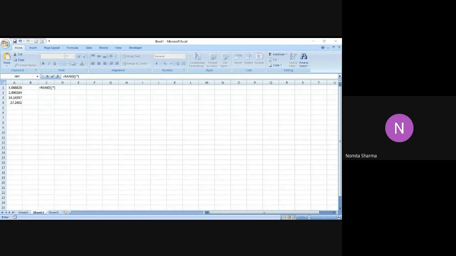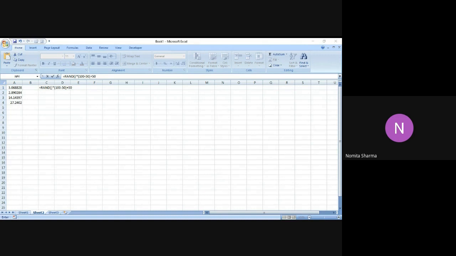So I say bracket b minus a, no, let me write the numbers. I'll say 100 minus 50 whole bracket plus 50, and then I will close the bracket. Let me check the function one more time.